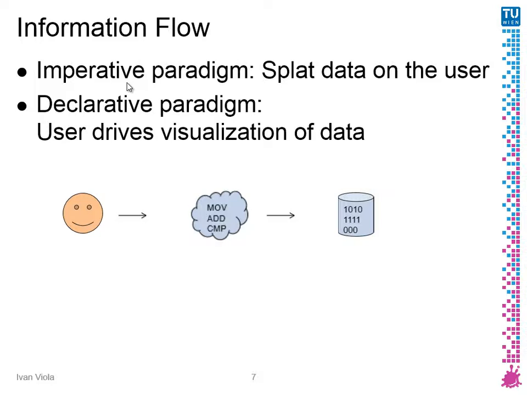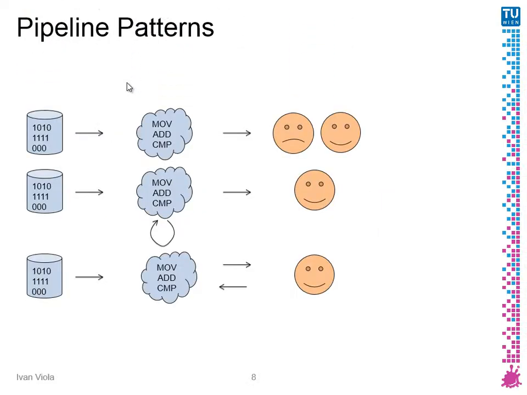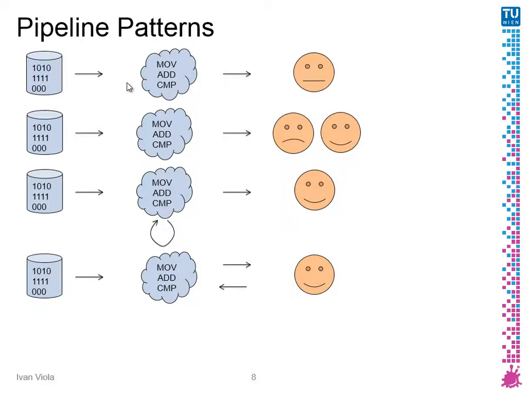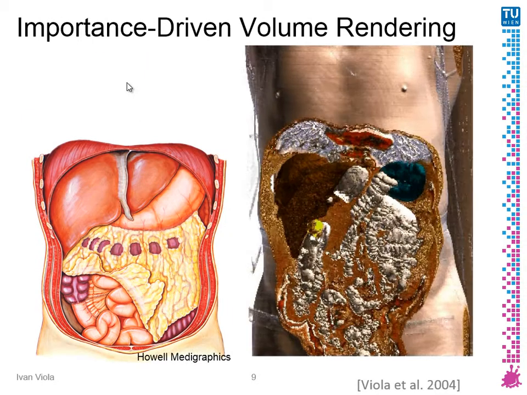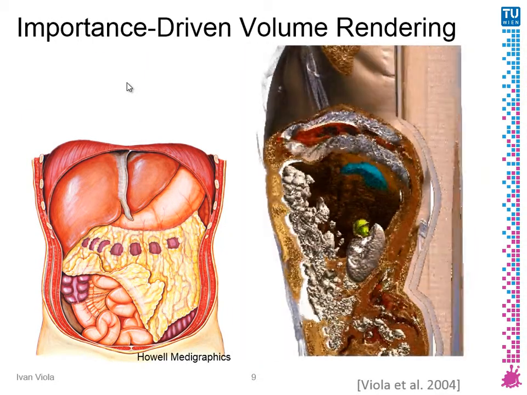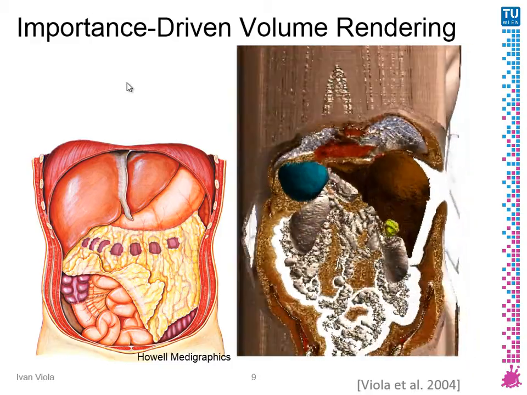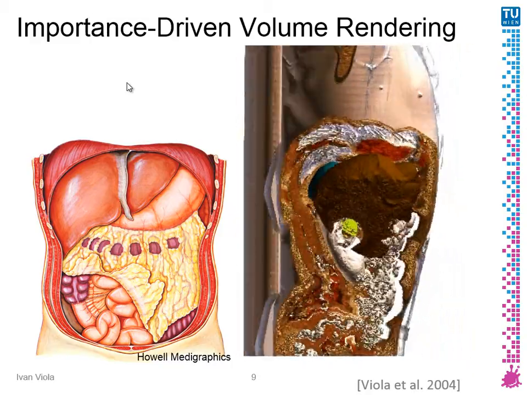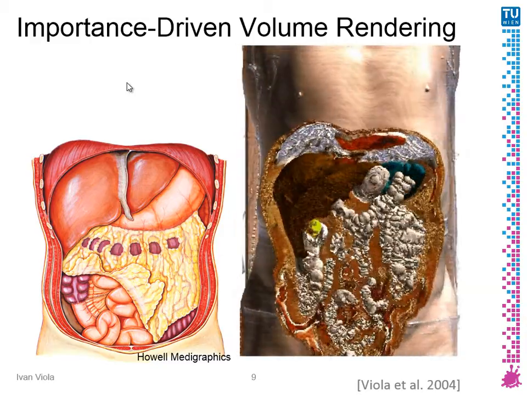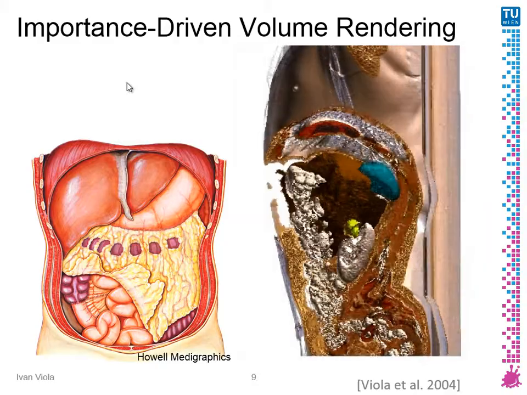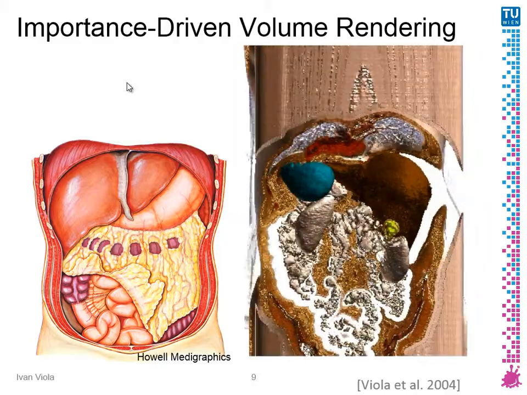So we are still aligned with the visualization pipeline, where the information flow starts with the data. Probably we are forced to use such a pattern, but perhaps there are certain mechanisms where we can bring the user more into the game, not just at the end, when he's staring at the final information. So we have also been working on imperative techniques, which didn't have the declaration as the main aspect, but we were at least